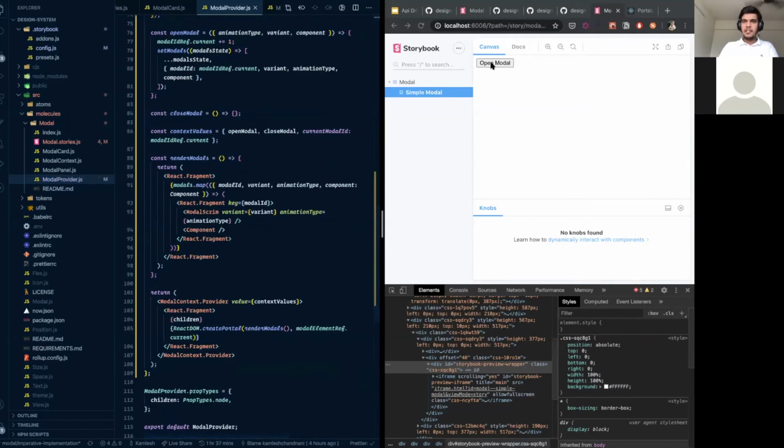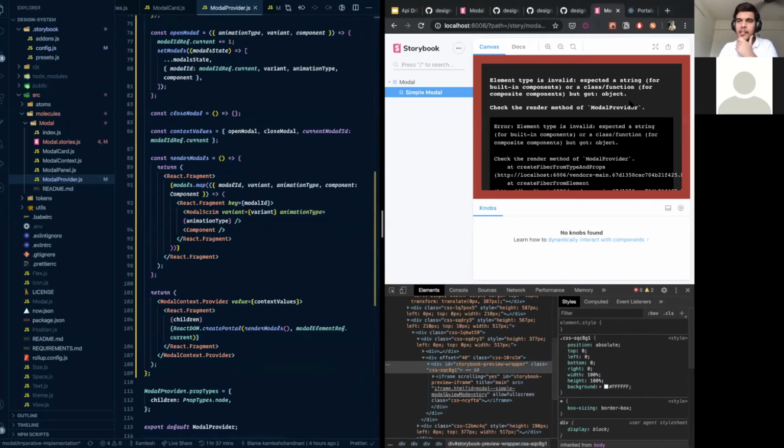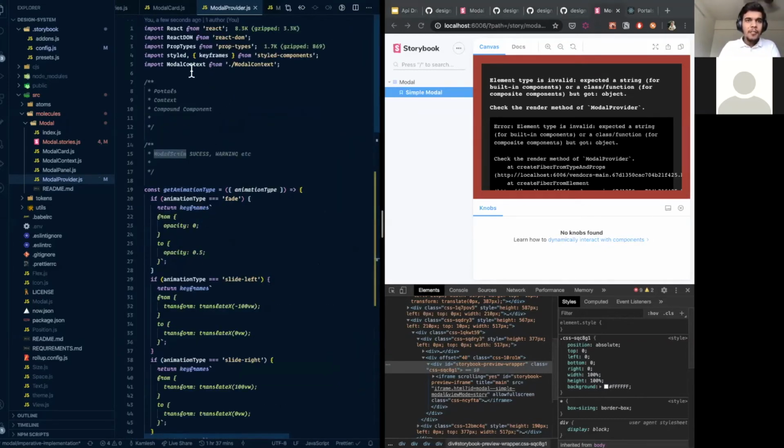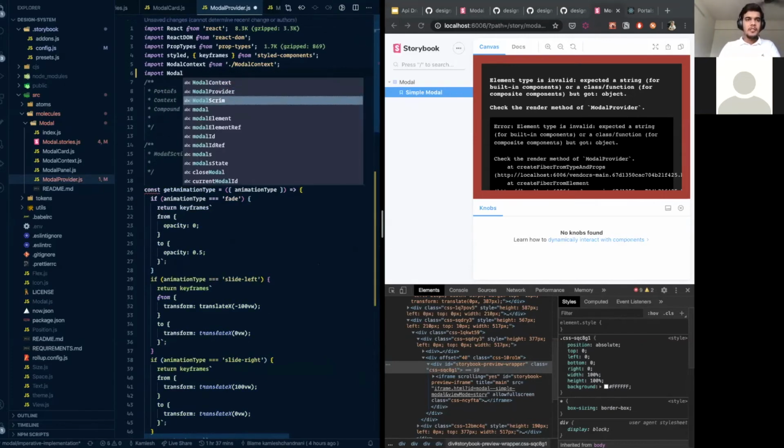All right, let's see if this works. Something broke again: the render method of ModalProvider, string. Okay, ModalScrim, I have not imported ModalScrim.